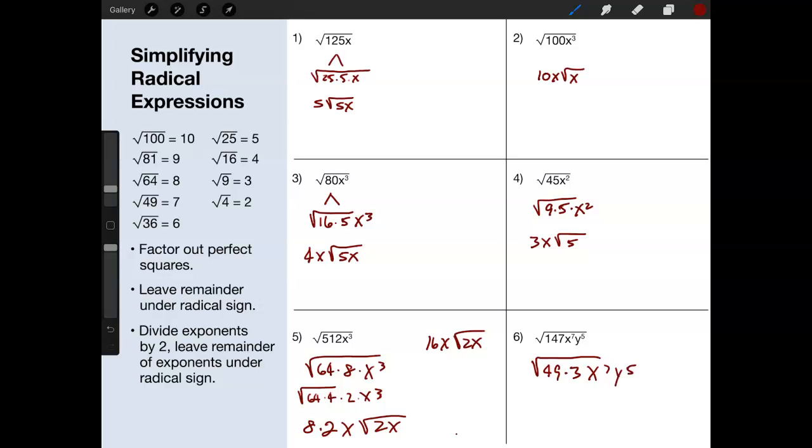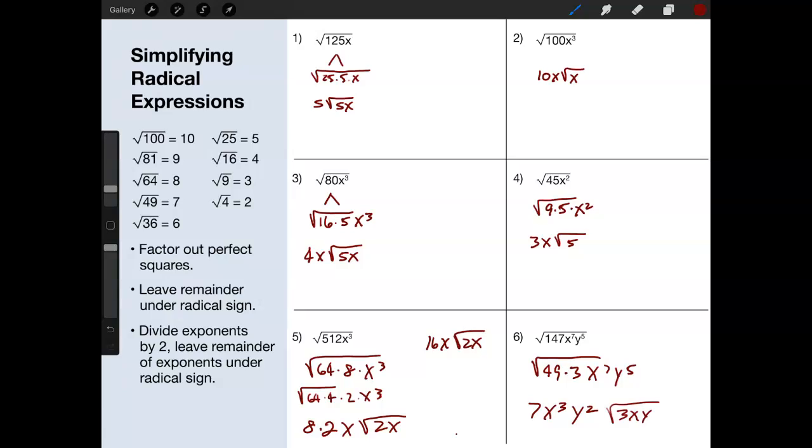The square root of 49 is 7. We divide x to the 7th. We divide 7 by 2, and we get 3 with 1 remainder. We divide y to the 5th, we divide 5 by 2, and we get y squared with 1 remainder. So we can pull out 7x cubed y squared, and what's left under the radical sign is